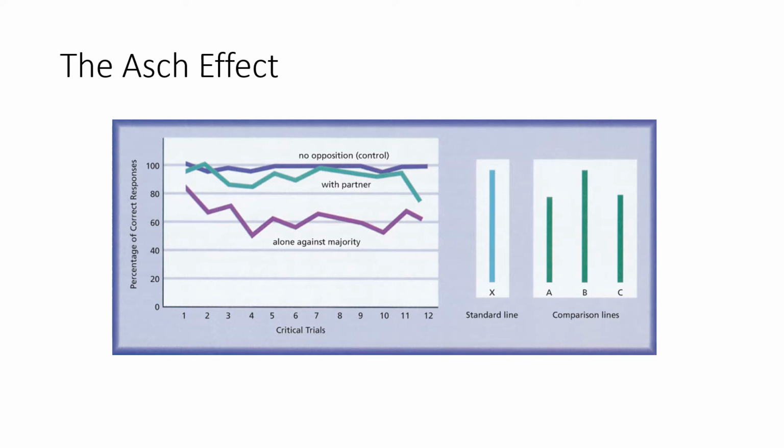If there's one other person with you and that other person is conflicting, if they're saying it's either A or C, at first you're at 100. The first two trials you're at 100, but then you drop down to almost 80. You're hovering a little bit lower. You're more willing to go with that other person. That purple line at the very bottom, if you're in a group and there's 4 other people and all 4 people are saying A, and you're the only person who thinks it's a different line, about 60% of the time you're going to go with the rest of the group.